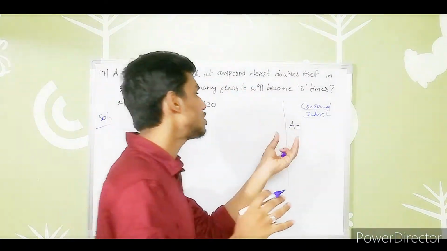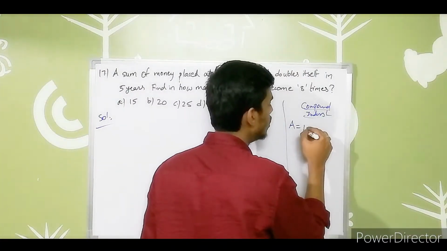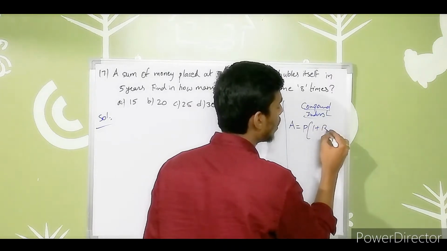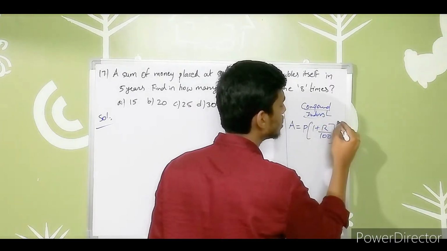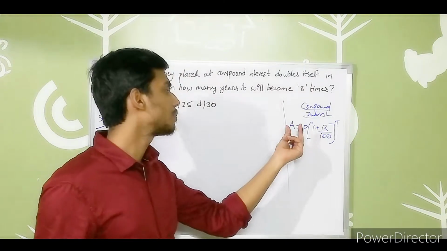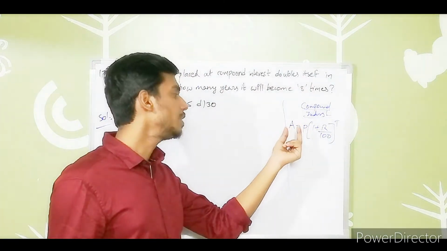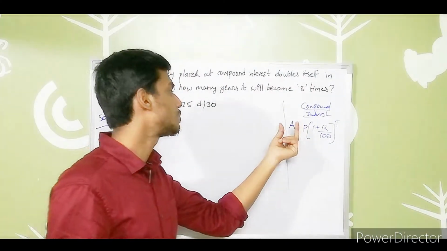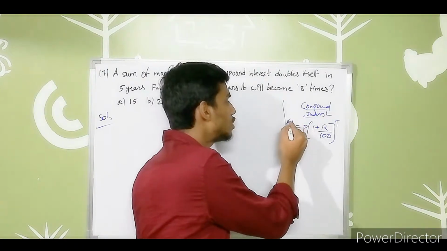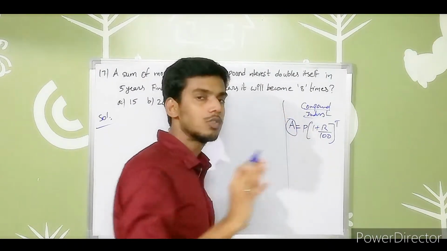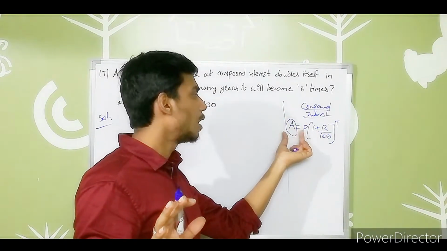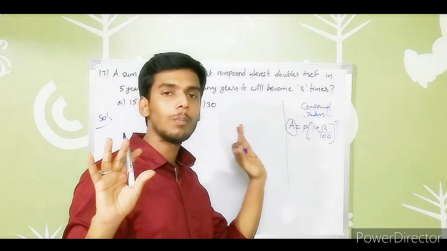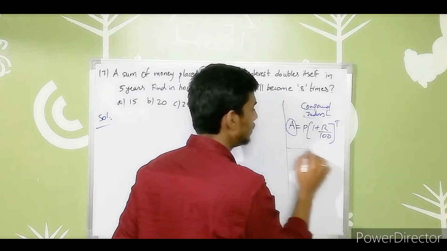So in compound interest, to find the amount, amount equals P into (1 plus R by 100) whole power T, right? But the mistake I made, I already said at the end of the session, but so many are confused. So that's why I explain again. In place of amount, I said C. That is wrong. Amount is P into (1 plus R by 100) whole power T. So again I am explaining.